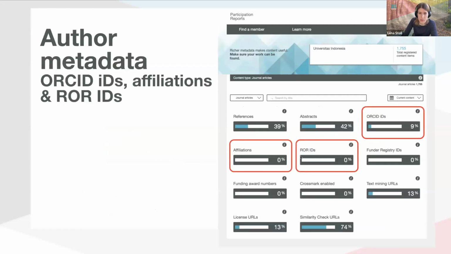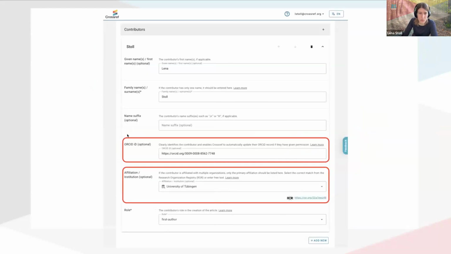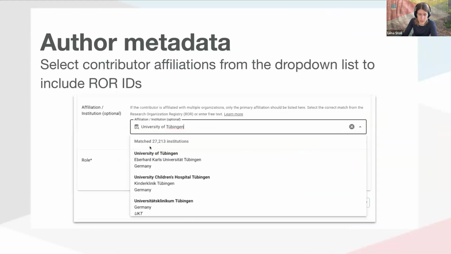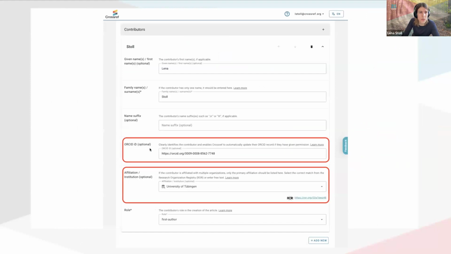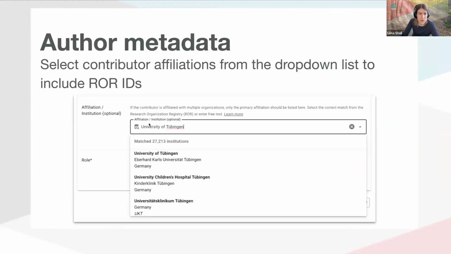Some of the elements that relate to authors, ORCID IDs, affiliations, ROR IDs, those can all be entered using this new tool. When you add a contributor using this tool, you can input their ORCID ID, you can choose their affiliation directly from the ROR database, which looks like this.